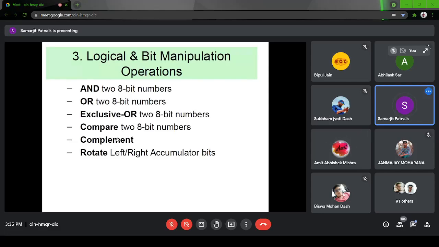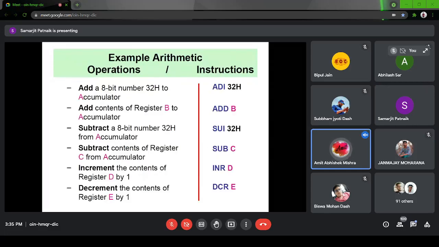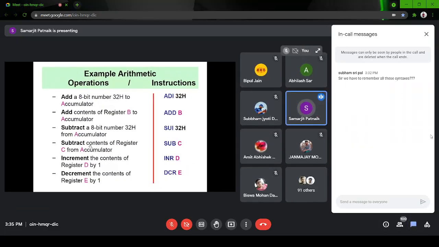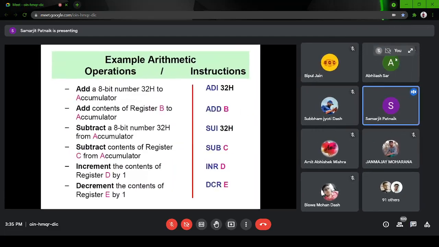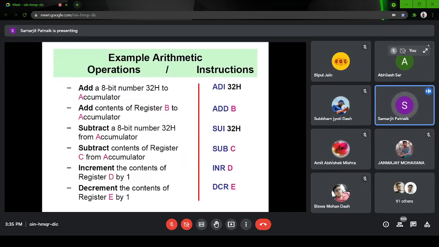Sir, is the accumulator a memory location or a variable in itself? The accumulator is not a memory location, because it is part of the 8085. Whatever is part of the 8085 is not a memory location. The accumulator is a simple register like the B register and the C register. It is just another register, A. But because it has some additional features, like it stores the result as well as performs all the arithmetic and logic operations, we call it the accumulator.